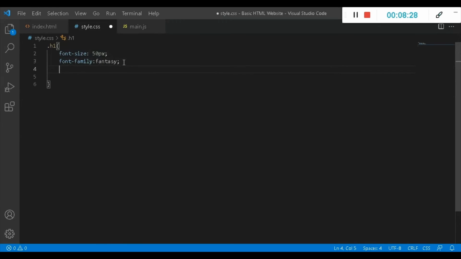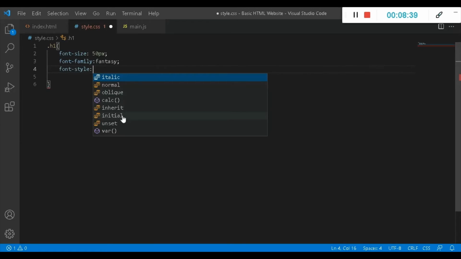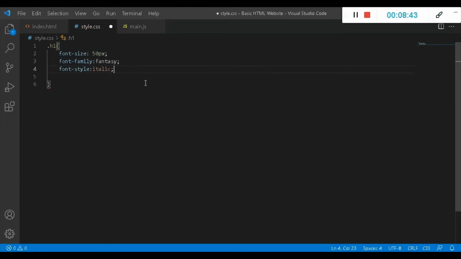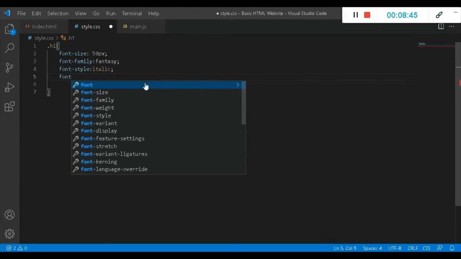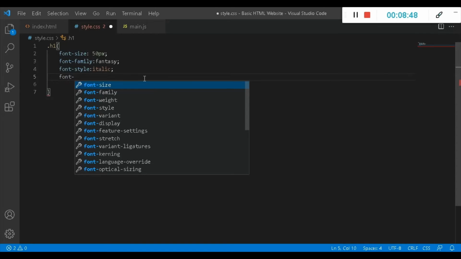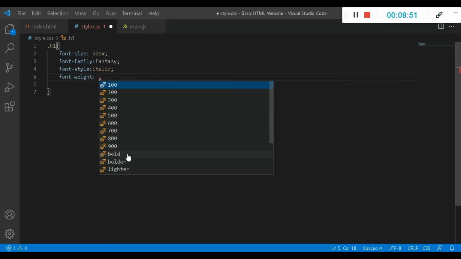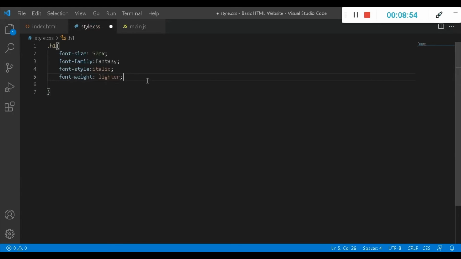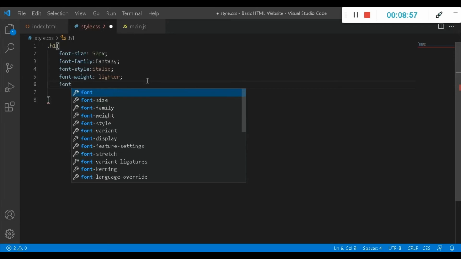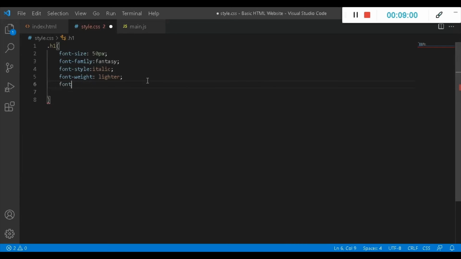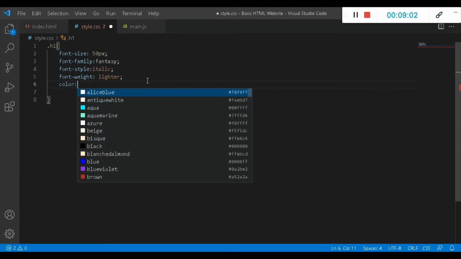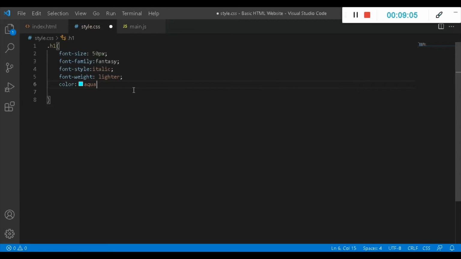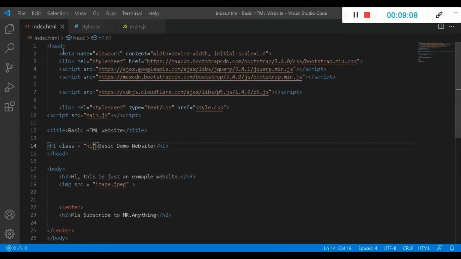Now after that I'll go with font. What else do we want? Font style, I'll go as italic. Yeah. Now I'll go ahead and go to font. Like I can go with font weight and lighter. Yeah, these are just guesses. Now I'll go with font color. No, not font color. It will be color. I can put aqua. Done. Now go back to index.html